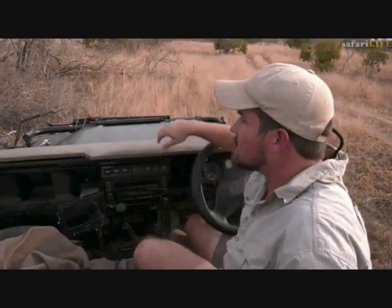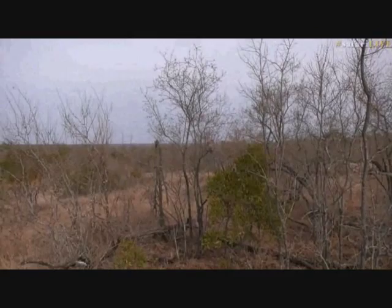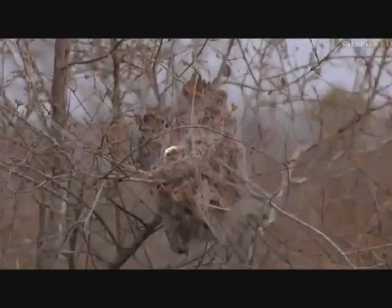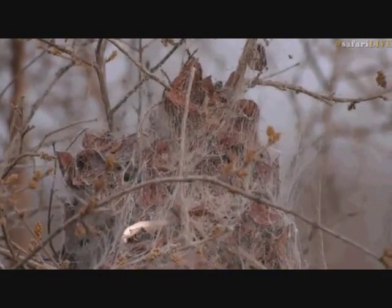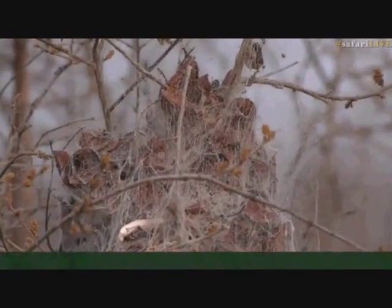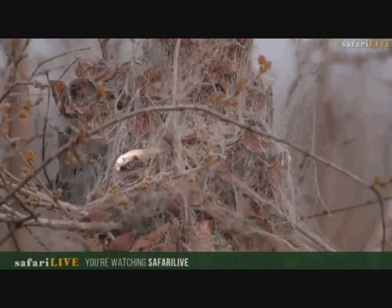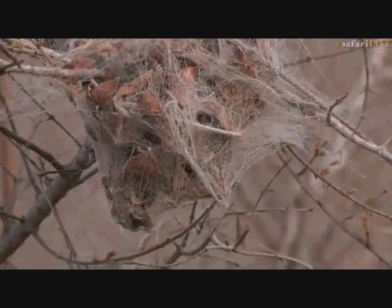Right, now I was looking at a spider web because, well, we were just having a little joke around, but it is a beautiful example of a community nest spider. We have not seen too many of them lately, and this one is really right out in the open, and it's a large web that has been built on this particular tree. You can see it's big and dense and thick and packed full of leaves, and this is very typical of